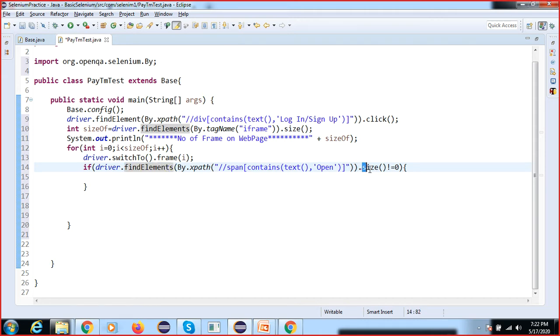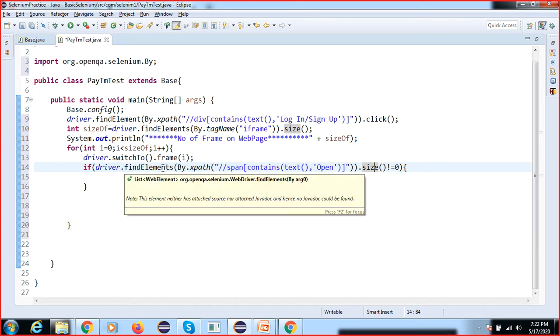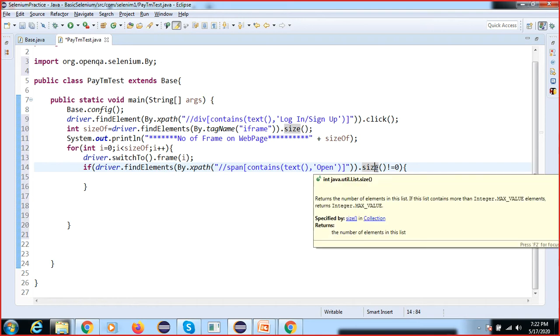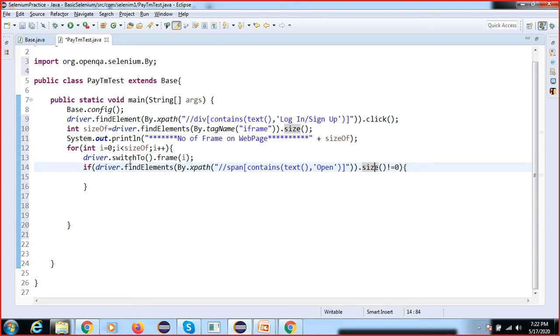That's why we are able to call this size method. The return type of findElements is List. Inside this list we have a size method, and the size method returns an integer type. So I have put one condition: this size is not equal to 0. If size is not equal to 0, then it will switch on the frame.